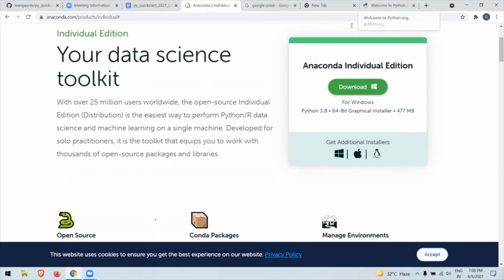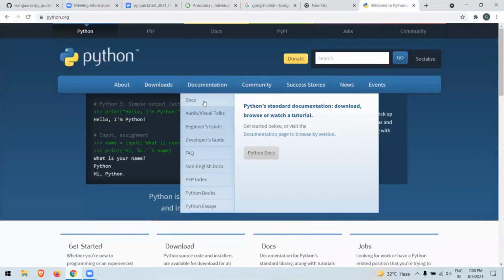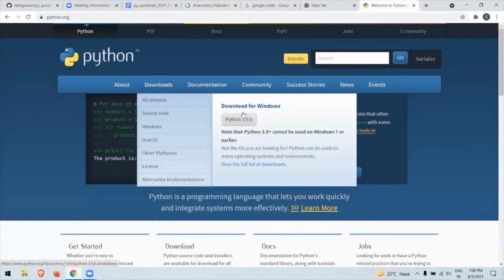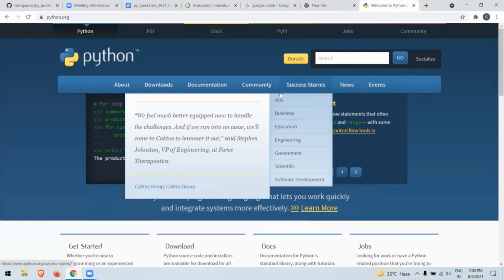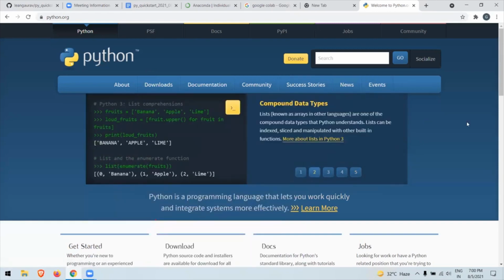And within Anaconda, they actually package Python itself. Not exactly this version, some version of Python, what they have mentioned on the website, but they package this Python along with the libraries and give it to you, and that's it. Fine. So once Anaconda is installed,